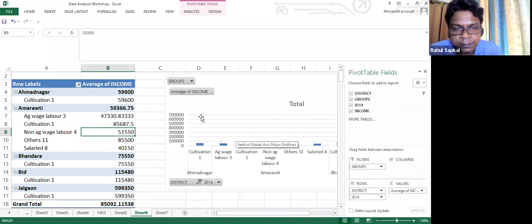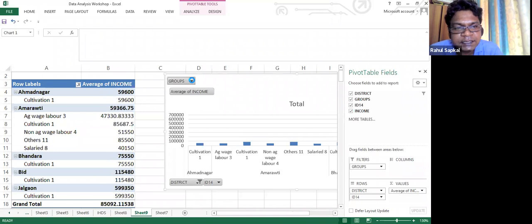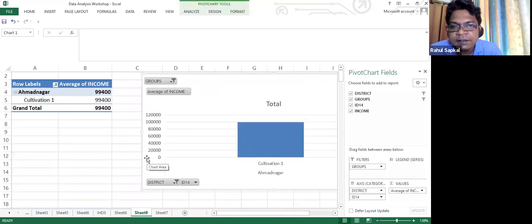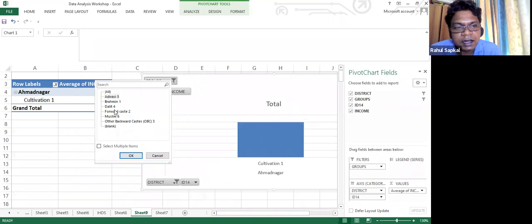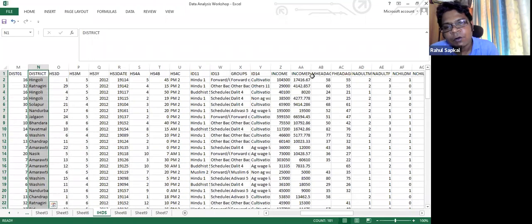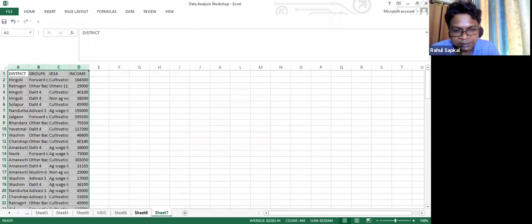And this is the average income it is showing for total. And then if you keep on adding, suppose you are interested only in Adivasi, just click here. It will only show the Adivasi subgroup population. If you are interested, let's say Dalit, forward caste, it will show this one. See, this is now very interactive. Now you can play around with this data, and this is the four-way way of making the table. These are the 4 dimensions you're using. In fact, you can take the whole chart as a pivot chart, and you can play around with this data.